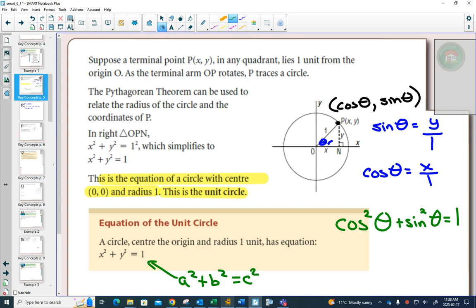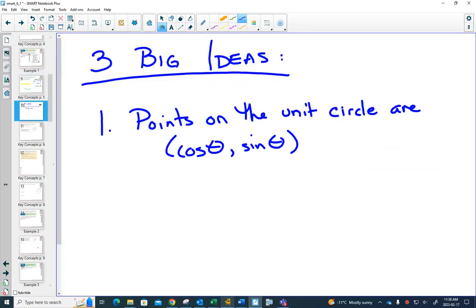And it's on your formula sheet, which I haven't given you yet. But we're going to get a formula sheet in this unit. We had no formulas in the first unit. So big idea number 2. Now, for whatever reason on the formula sheet, they write sine before cos. So in the big idea, I'm going to write